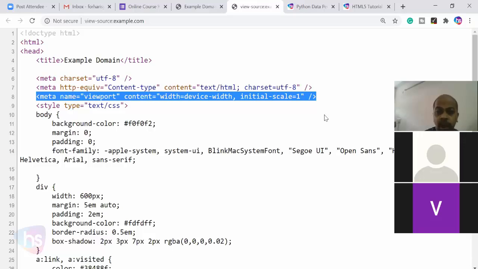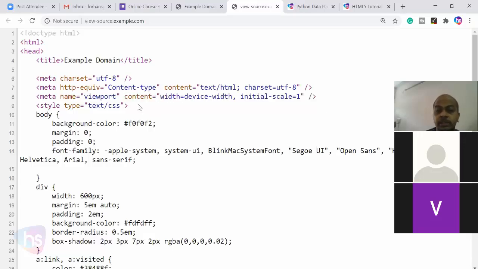Yes, by adding a very simple, easy line of meta tag, we can do it: name equal to viewport, and content. These name and content we can call attributes, the properties of that particular tag, and these attributes will have values.